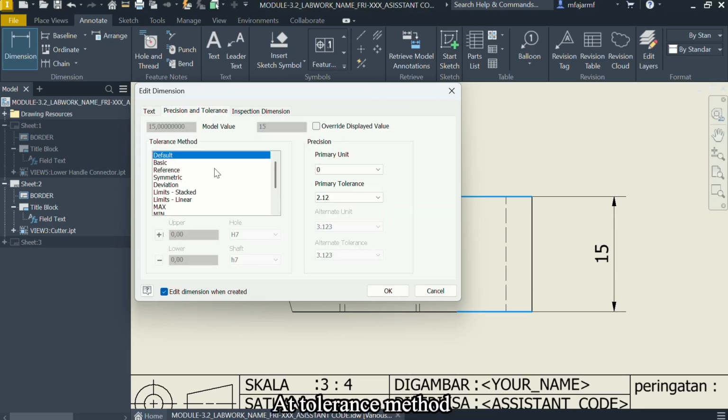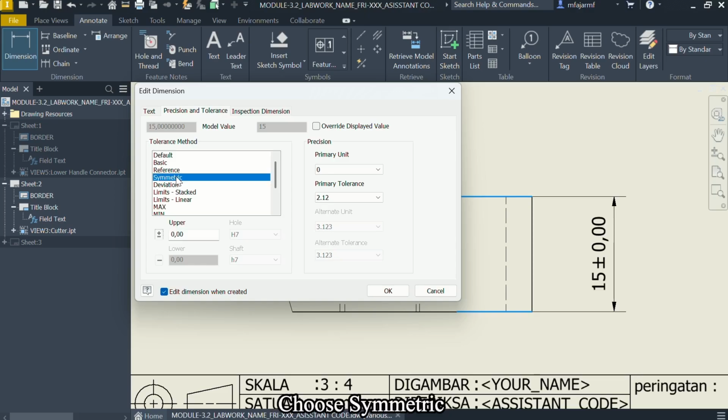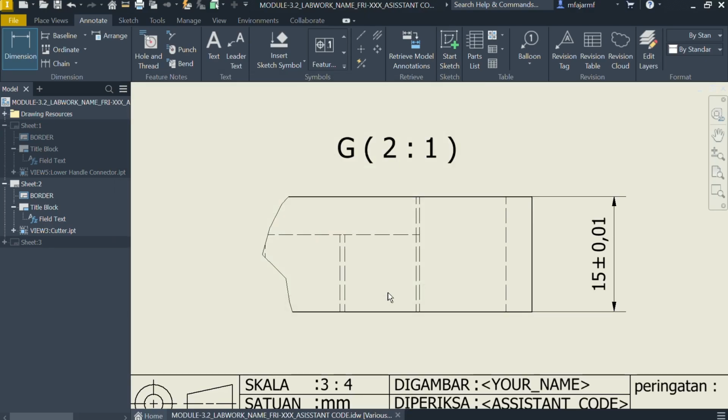At Tolerance method, choose Symmetric and then set the upper to 0.01. After that, click on OK. And this is the result.